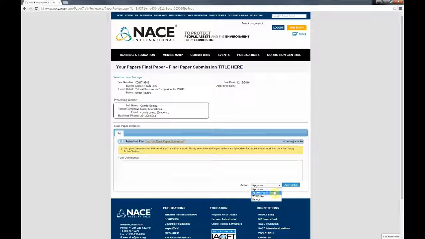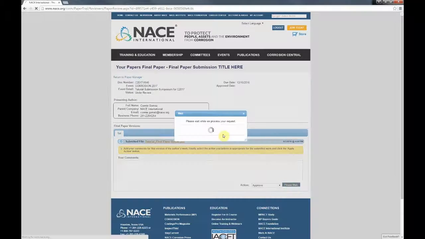By this stage, you're unlikely to withdraw or reject a paper unless it's been requested by the author that you withdraw it. Maybe they're not able to attend because of travel restrictions or because their schedule does not permit them to attend. But by this stage, they shouldn't be rejected. If you're going to reject a paper in the final paper stage, please contact NACE staff before doing that, because it should just be an issue of them revising their paper to ensure that it meets the technical program manual standard. But once you go ahead and do that and mark that as approved, you can apply the action,